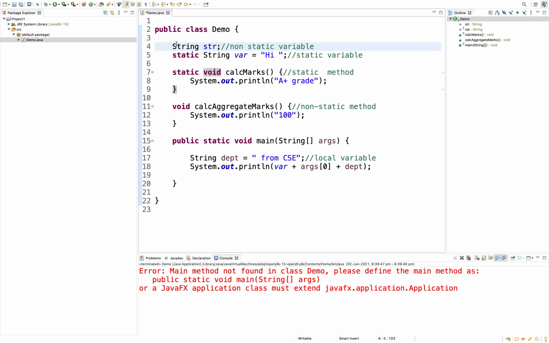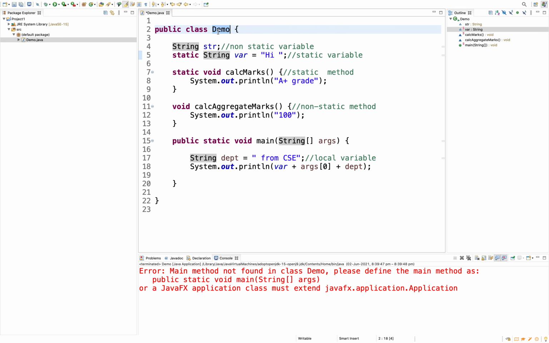Static variables or non-static variables are class level variables. You will get more information later, but just remember these words: these are the class members, class level variables. If you see here, is this variable a static or non-static variable? No, this is not defined at the class level.